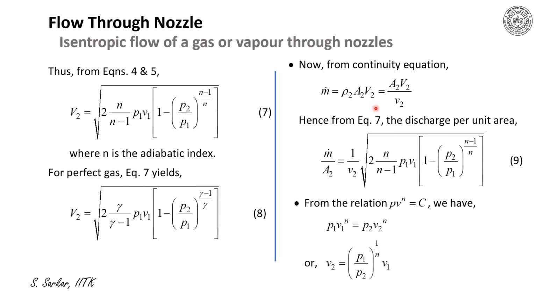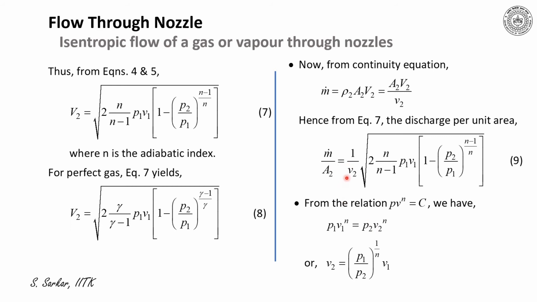This can be stated as A2. Capital V2 represents the velocity, small v2 is the specific volume. Now, equation 5 gives the discharge per unit area,